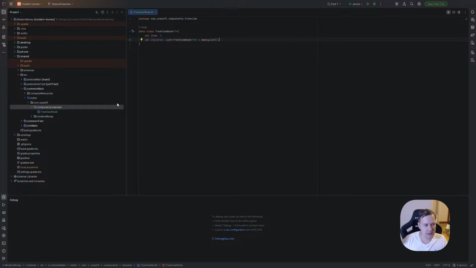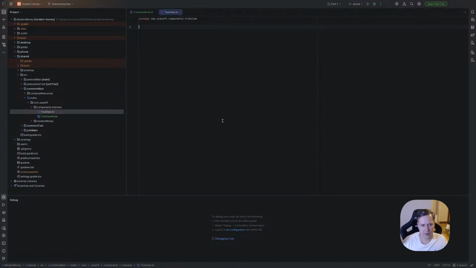It can be slightly more complicated than I thought, but let's do it. So let's create a new function and call it TreeView, and of course it's composable.